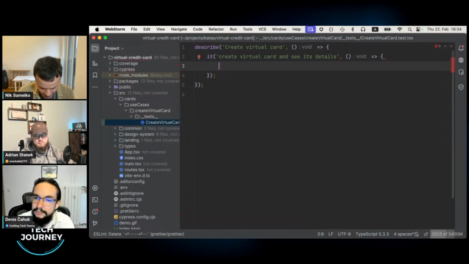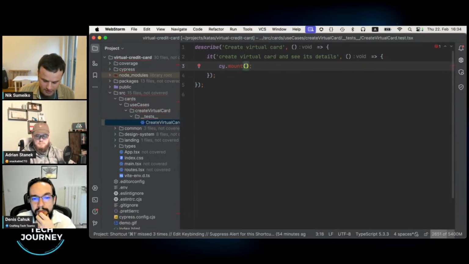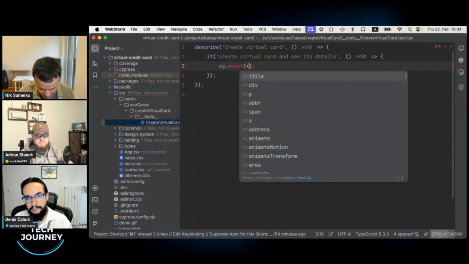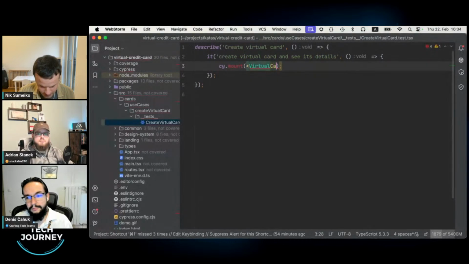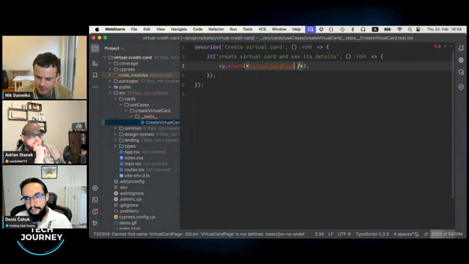Yeah. All right. With Cypress component testing, we normally need to render some component, and I have some methods prepared. And here, I will try to render a page that doesn't yet exist. Let's name it something like virtual card page. This component doesn't exist, but I already envision that it will be there.